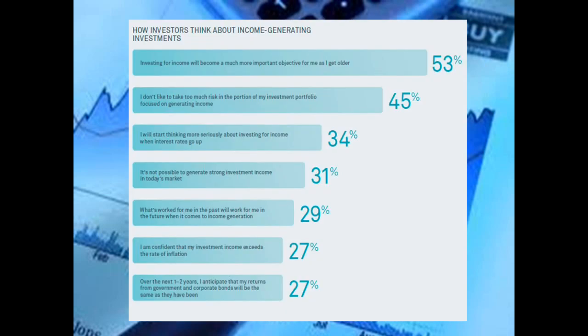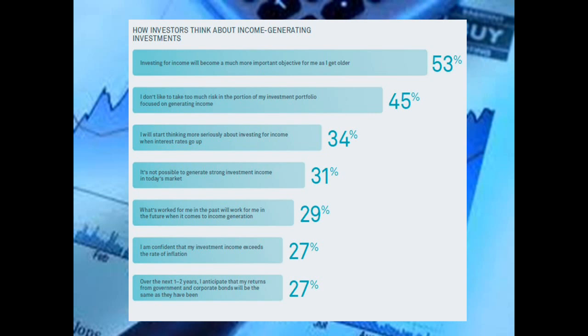Okay. How do investors think about income-generating investments? Well, they think that investing for income will be more important as they get older. 53% of the participants in the survey said that. I don't like taking too much risk in the portion of my investment portfolio focusing on generating income. 45% of those surveyed indicated that. 34% said they start thinking more seriously about income when interest rates go up. In other words, they're throwing up their hands and going, it's hopeless right now. The rates are so low you can't get income. Well, we know that that's not true, but that's what